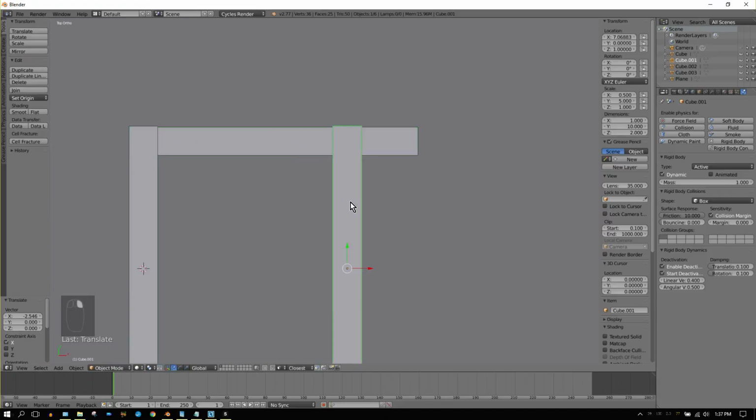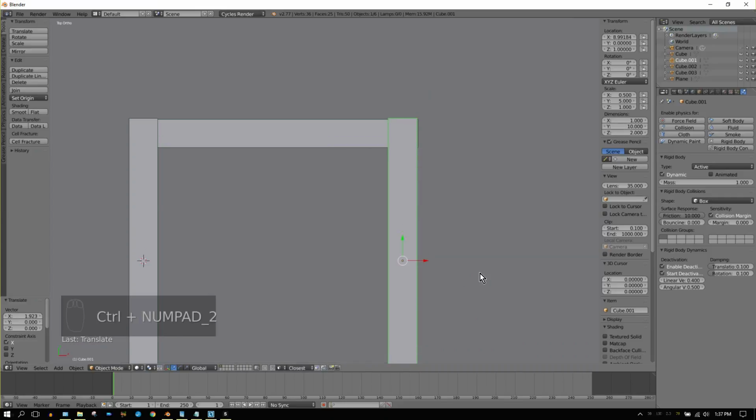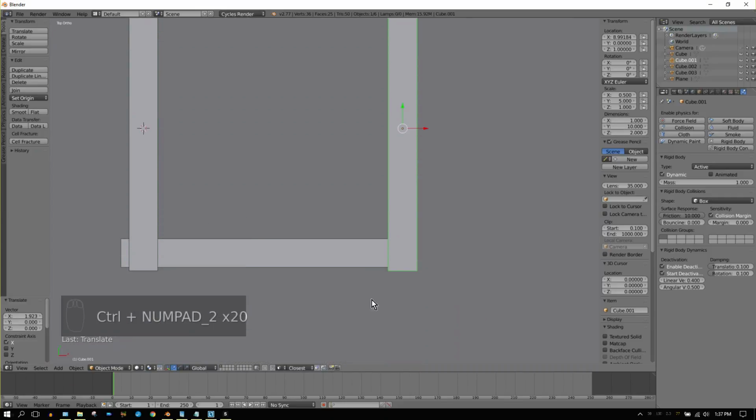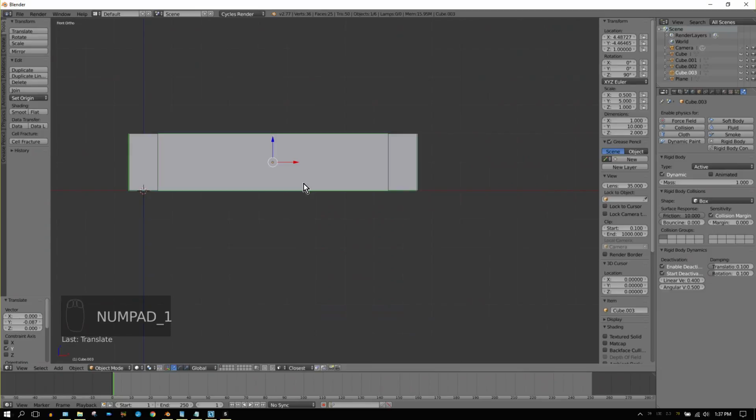Now I'm going to move this plank over till it lines up with the end. Now I'm going to scroll down or pan down and then adjust this plank so it matches with the corners. Now they're not actually stacked on top of each other, they're actually taking up the same space in the corner. So I'm going to press 1 on the keyboard, and so you can see that they're actually inside each other